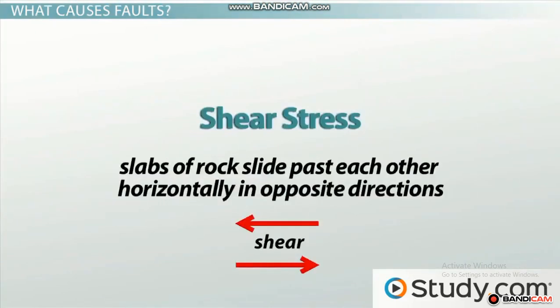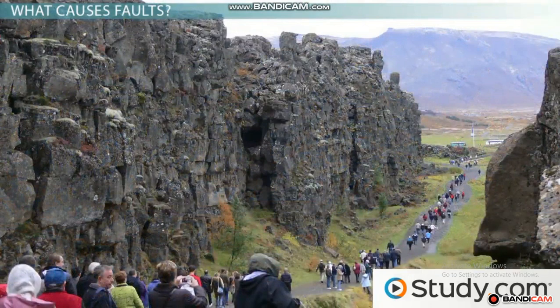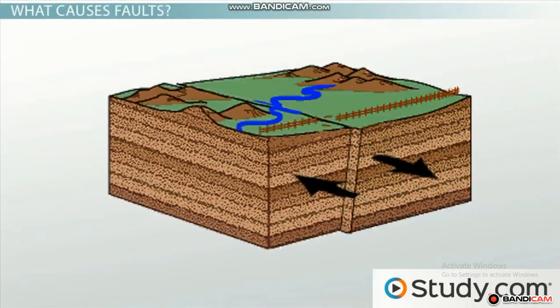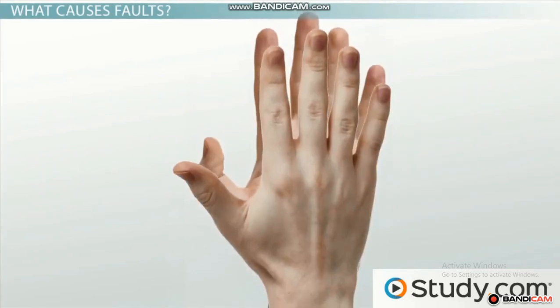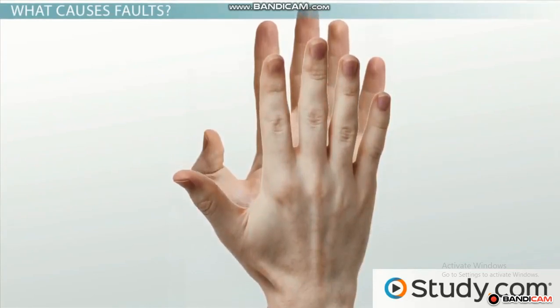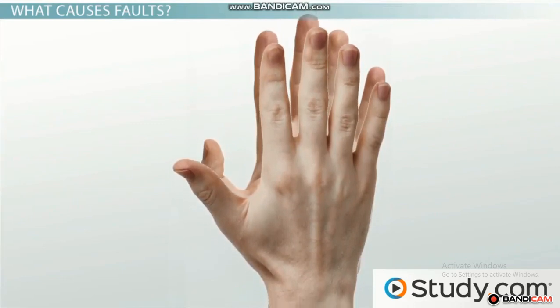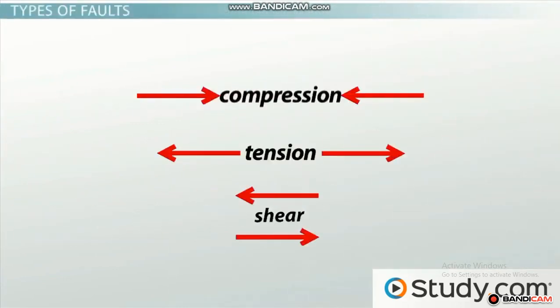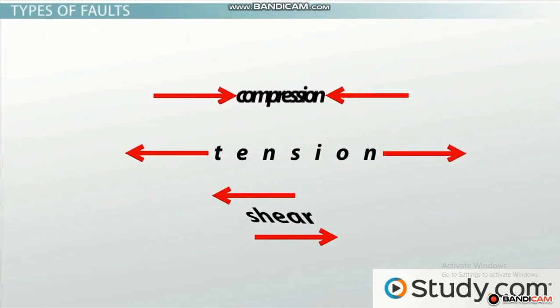Shear stress is when slabs of rock slide past each other horizontally in opposite directions. The rocks are not smashed into each other or pulled apart, but their edges slide along each other with a lot of friction. This is like when you rub your hands together to warm them up. One hand goes forward and the other goes backward, rubbing against each other. The type of fault we get depends on the type of stress that caused it, which also tells us about